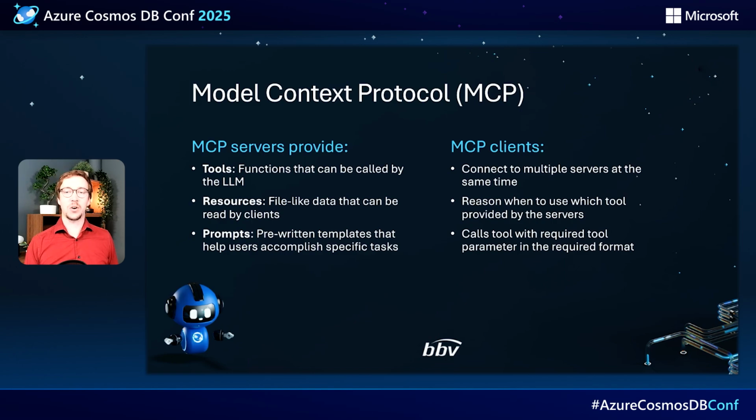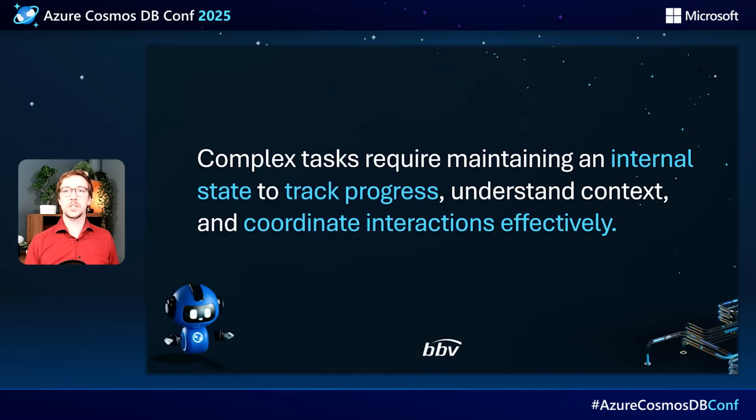However, not all agent tasks are as simple to just be resolved by one single request. Often tasks are much more complex and need multiple agent tasks and specific conditions to be completed. Such tasks need internal states to track the progress. For example, OpenAI, in their most recent release, the Responses API, also introduced a stateful API. This is how important the tracking of the progress is. So an agent must understand the current context and the previous achievements by other agents.